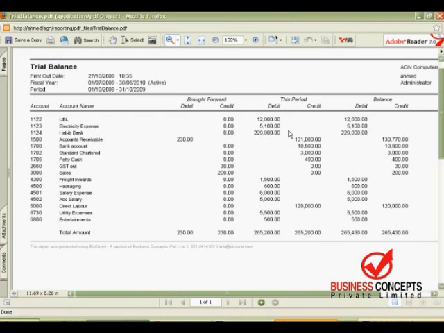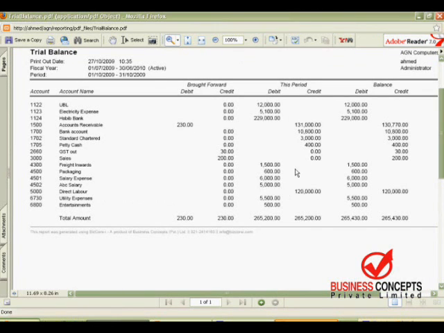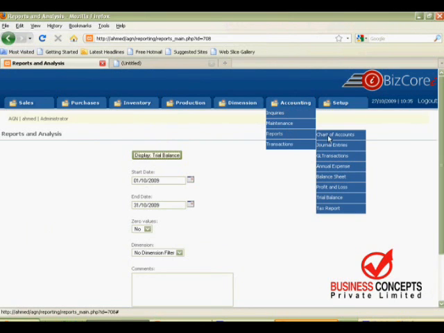In this video we have covered almost all the inquiries and report sections. I hope that as we have covered the accounting section in detail, you haven't any sort of queries, but if you felt any queries, just feel free to